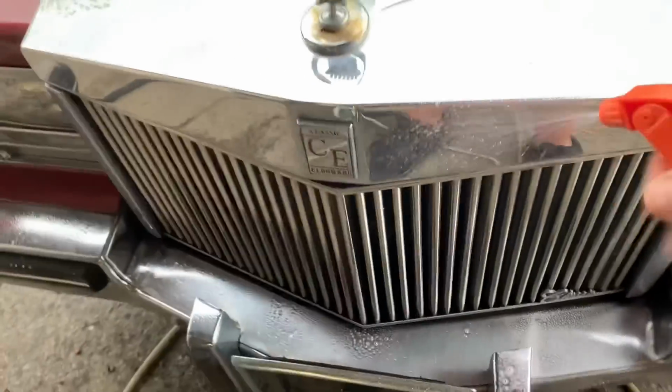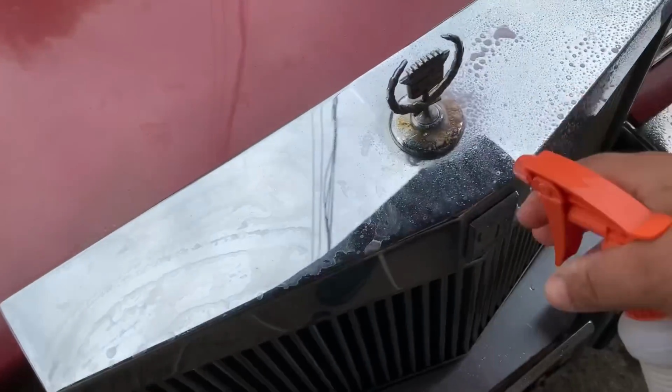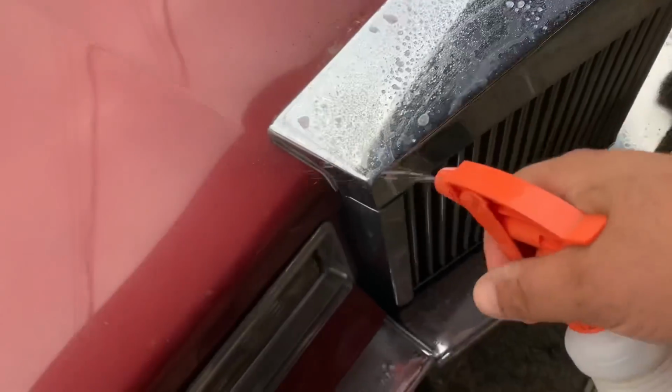But you get it on there. We'll put it on the top of the grill. Try to clean that rust off of it. Let's see what